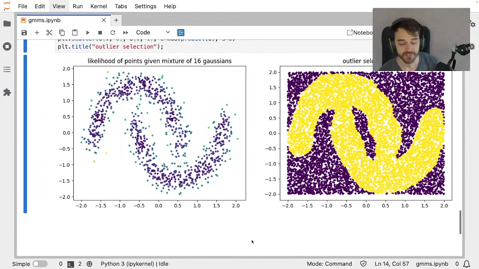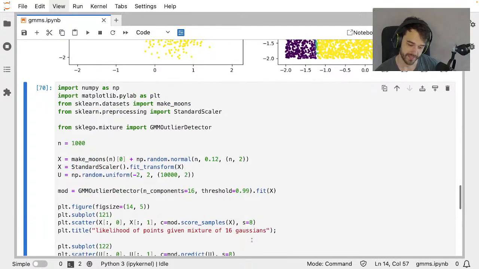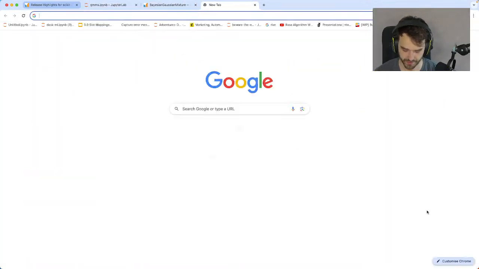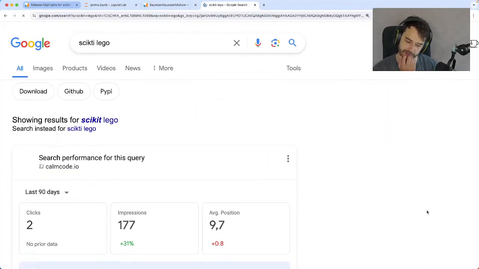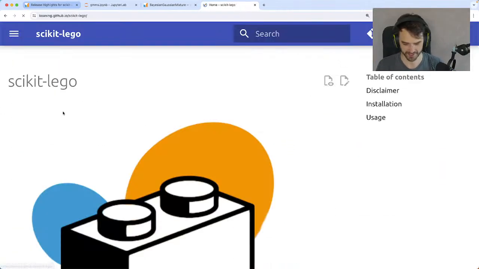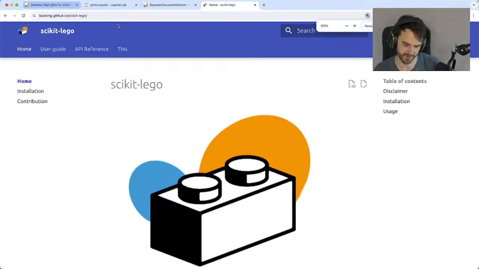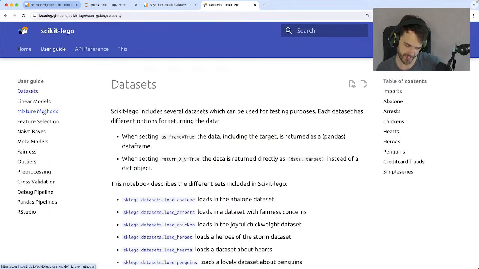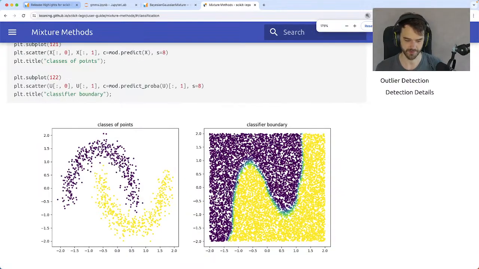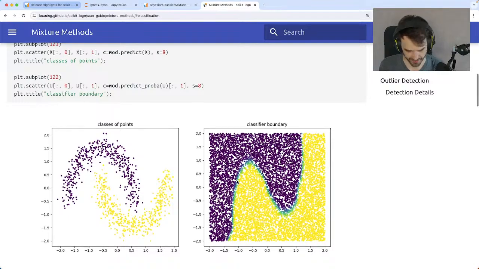So if this does sound interesting and you want to play around, let's look at the docs for a bit. Whoops, wrong window. If you are interested in this, you can type scikit Lego. I am tooting my own horn a bit here because it is a package that I made, and definitely check out scikit-learn first because some of the tools in here are on the experimental side. But I did write this guide all those years ago that explains this in a little more detail, and you can copy this code locally and play with it.